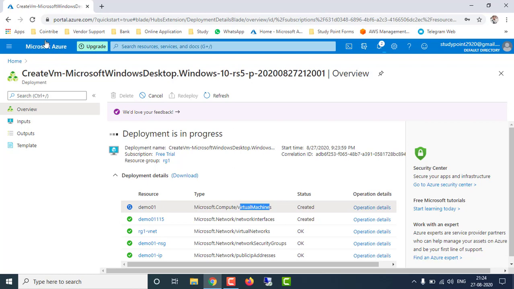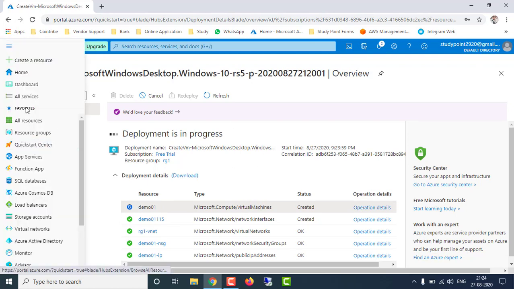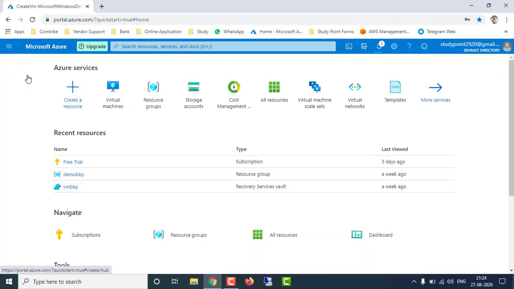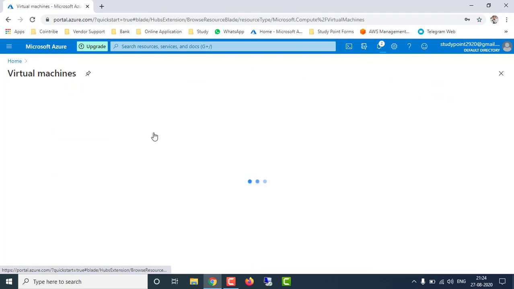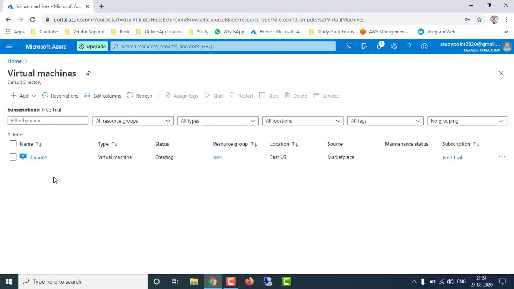So if you want to see the process, you can go here, also home, or you can open the virtual machine here, and you can see your virtual machine name demo001, the type is virtual machine, status is still creating, resource group is RG1, location is East US, source is marketplace.